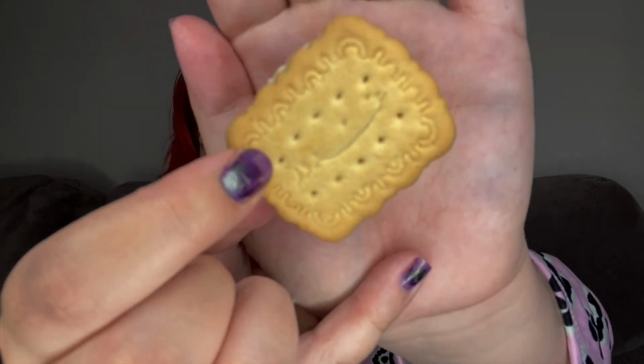Oh, the little cookie, they're so cute. Oh, pretty cookies too. All right. Oh, I smell the lemon in it, yes. The cracker reminds me of animal crackers. It has a really strong lemon cake taste to it. That was really dry. That cookie was, I honestly think, my least favorite part of this box because everything else,